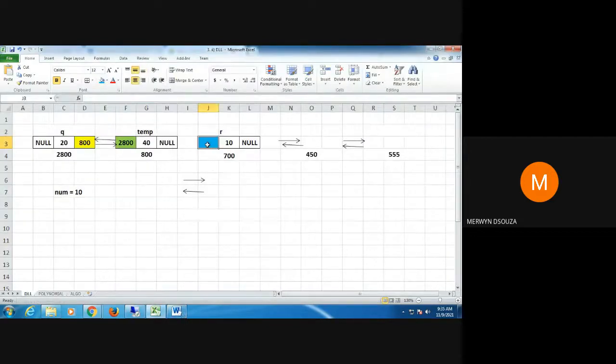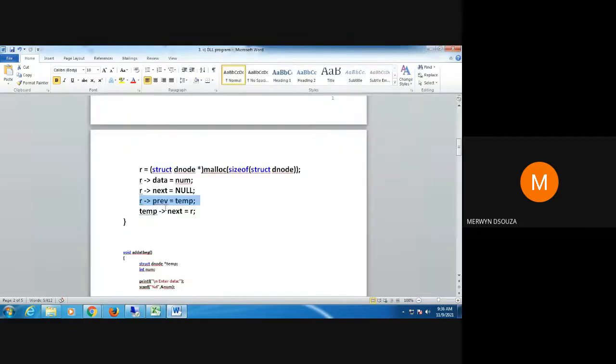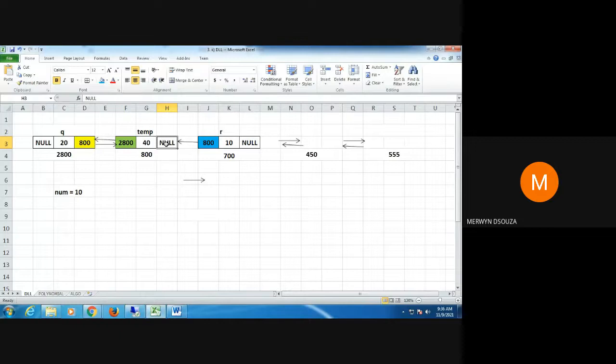So I will get here 800, and therefore I get this pointer pointing to the previous. Now what remains is that this null should be replaced by 700. For that I write temp arrow next equal to R. So when I write temp arrow next equal to R, I will get here 700. When I get 700 here, this is the link that forms.